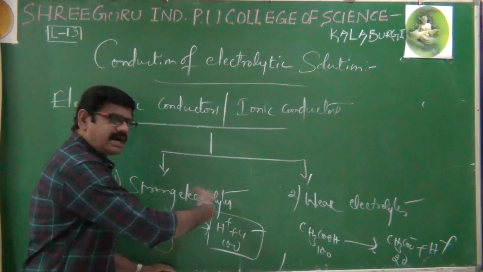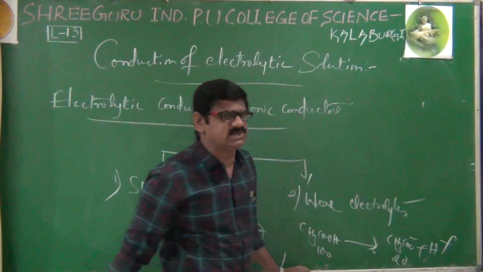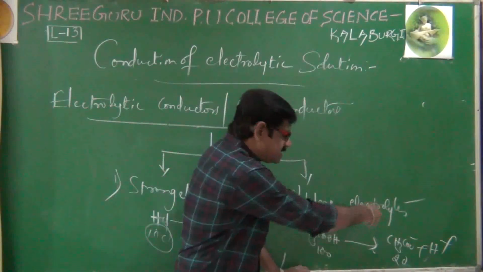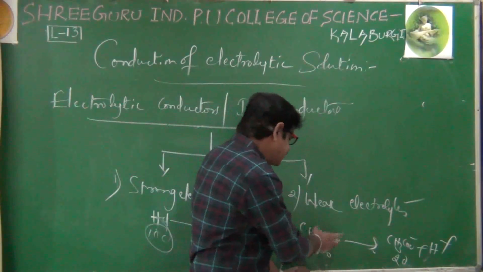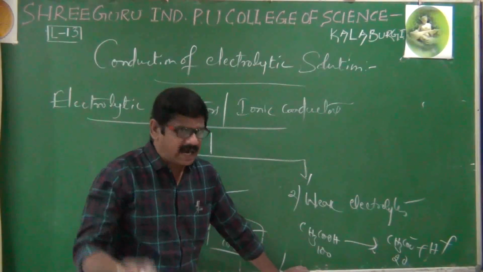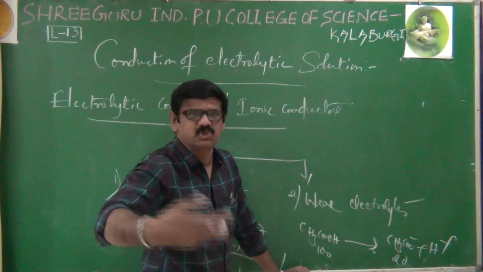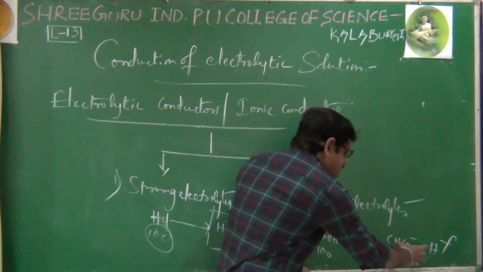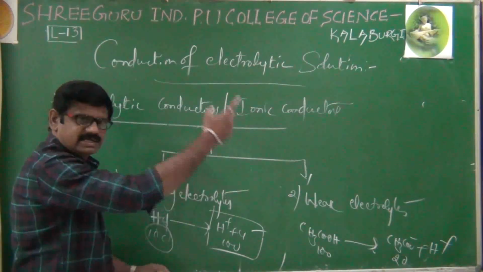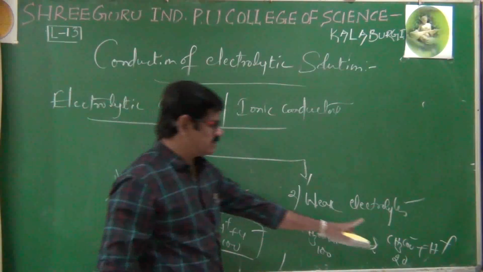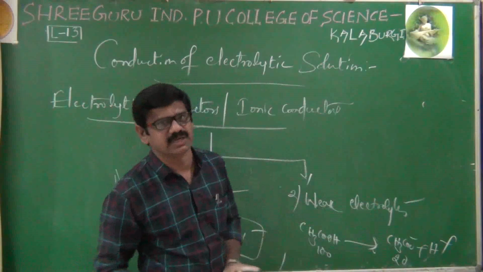In the strong electrolyte, 100 out of almost 100 are dissociated. Here, out of 100, nearly 20 to 30 only dissociate. It means here dissociation is less, dissociation is partial, and this type of electrolyte is called a weak electrolyte. Automatically, weak electrolytes conduct less current through them because of fewer ions. Here more ions pass more current, and here because of fewer ions, it passes less current only.